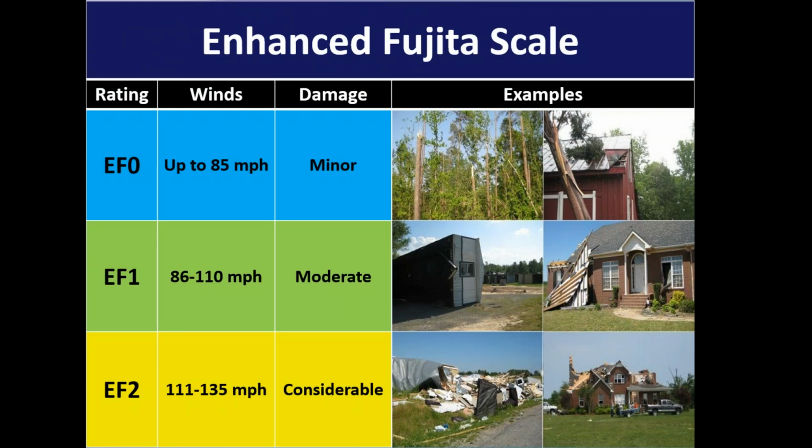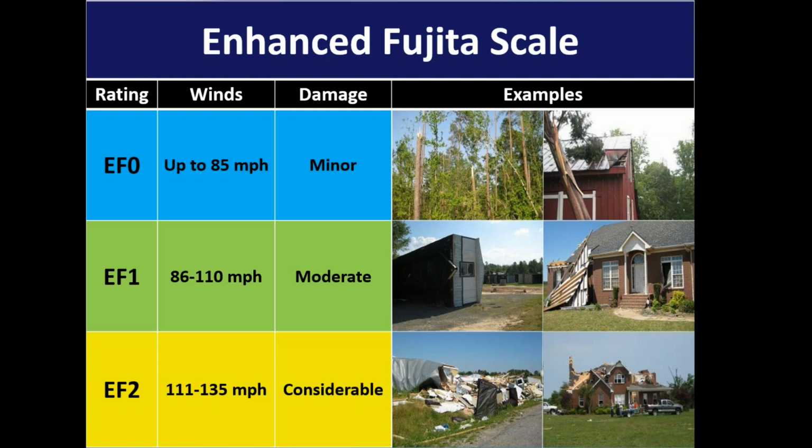Okay, so we're going to go ahead and get started with our part two. This is what we call the enhanced Fujita scale. And back in the early 2000s, I think 2005, 2007, somewhere in that range, we got a new Fujita scale. At that point, some physicists within NOAA went back to the drawing board with some research meteorologists, and they decided to remake the Fujita scale in a way that didn't